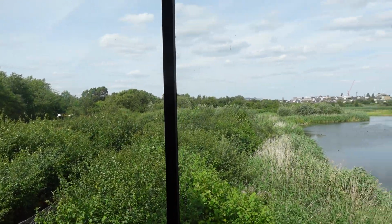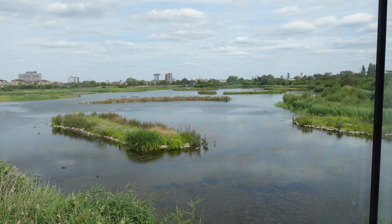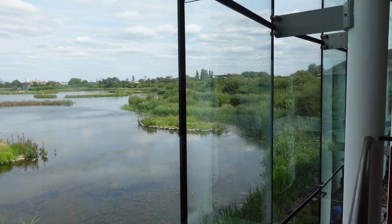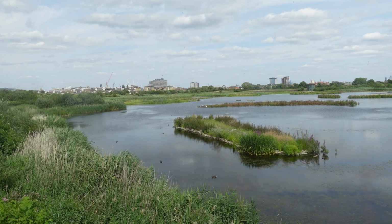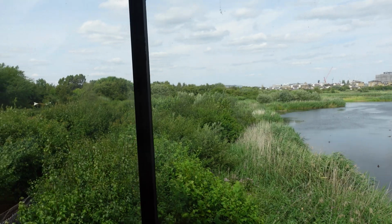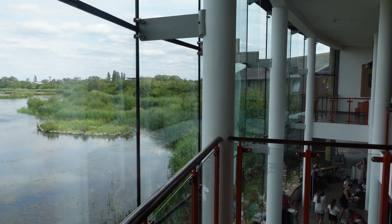Now here, if the weather's awful, this is where you probably want to come. This is inside the Observatory, which is part of the courtyard right by the main entrance where you came in, right at the very beginning. You've got big glass panels around you so you can see right across. Great! It shows you not only the main lake right in front of you, and you can see all your birds from here, so don't forget, if you've got your binoculars or hired those, then you'll definitely want to use those. But also we're going to show you the view across the London skyline,